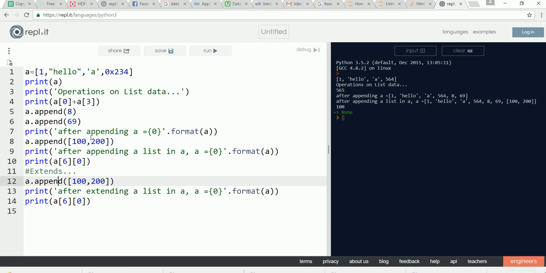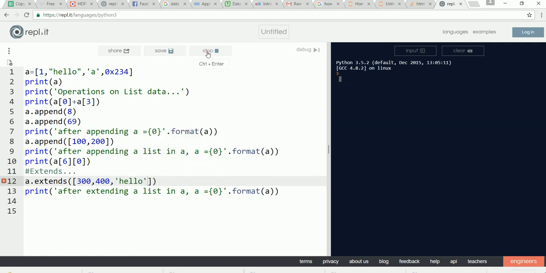Instead of append, let's use extend, and instead of 100, 200, let's put 300, 400. Because this is a list, we can use a hybrid data type also, hello, something like this. Now once you run,